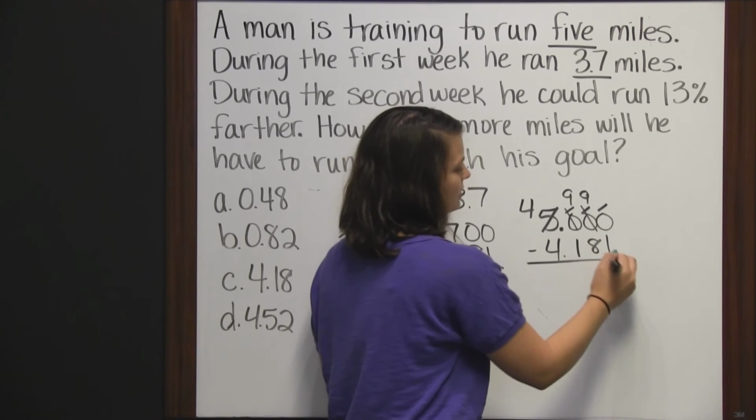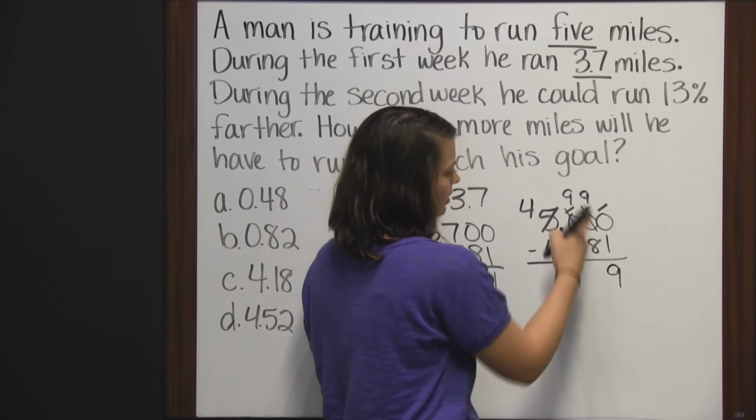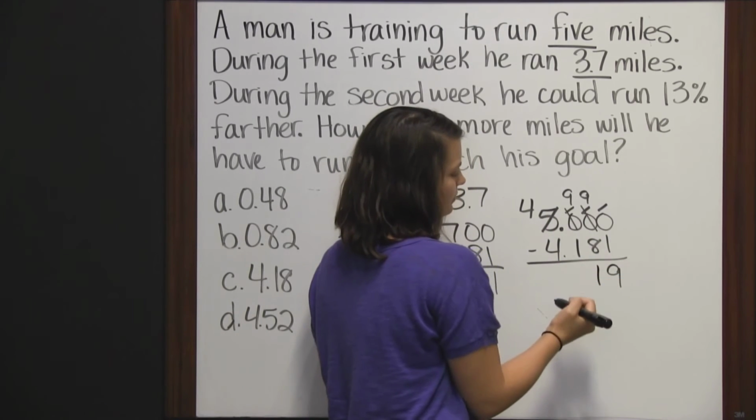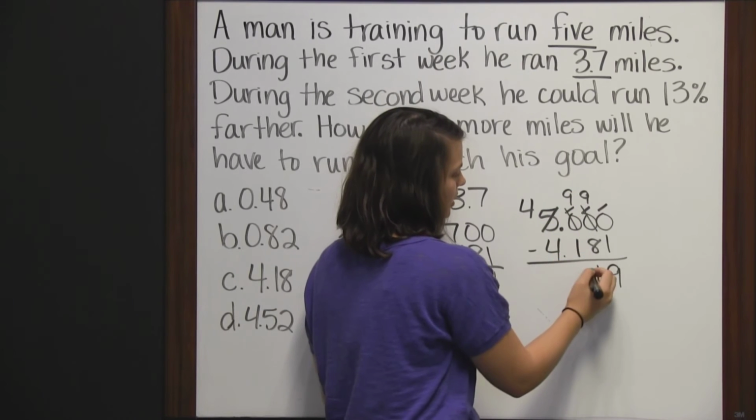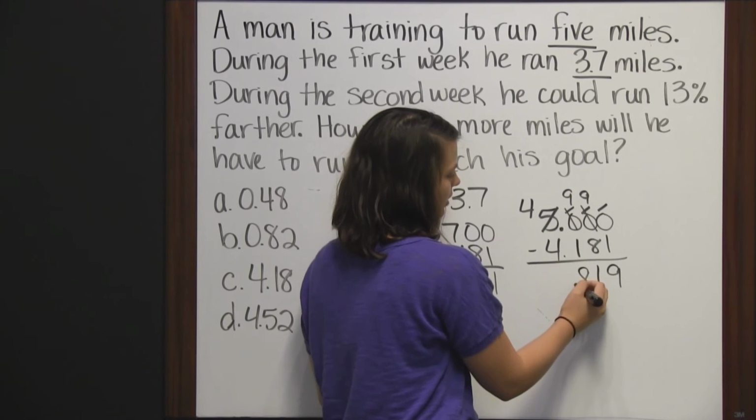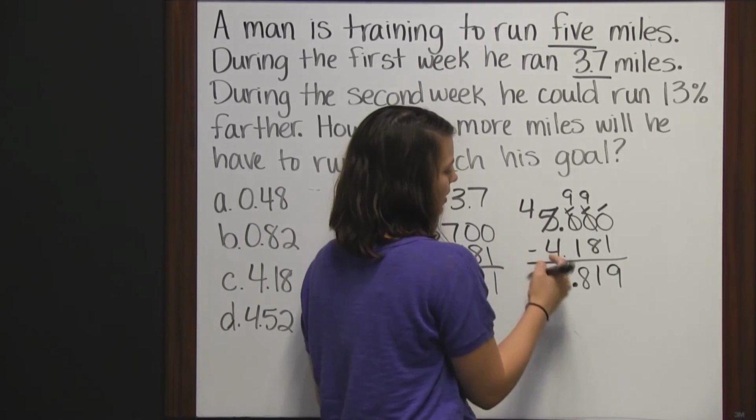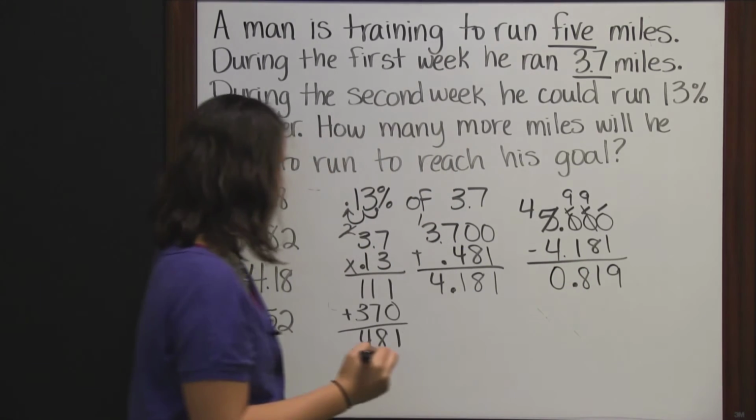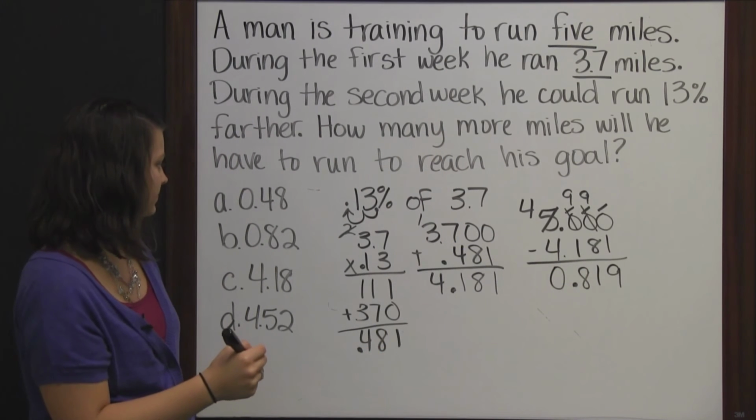So 10 minus 1 is 9. 9 minus 8 is 1. 9 minus 1 is 8. And bring down the decimal. And 4 minus 4 is 0. So our answer is